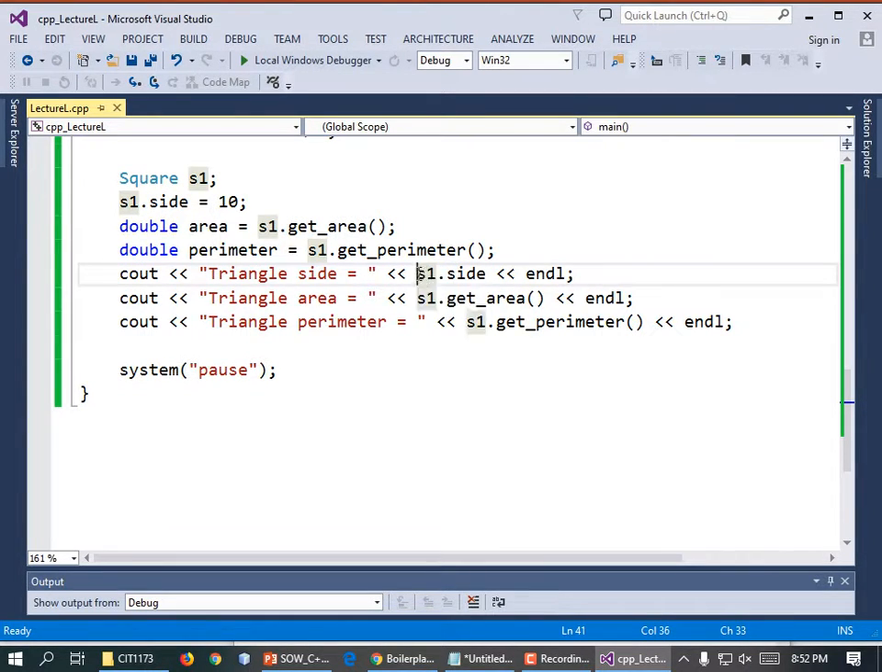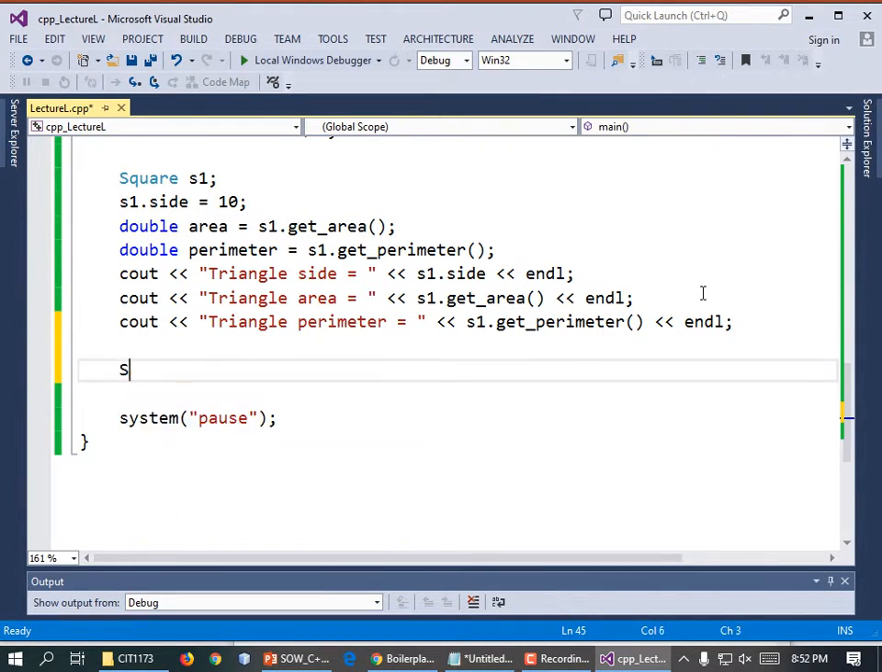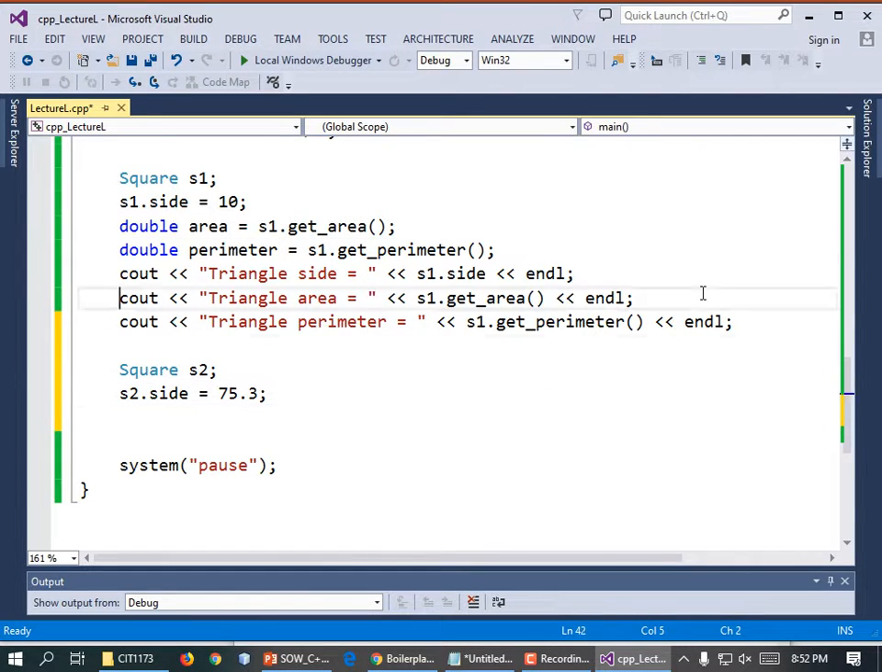The side of this square. We call the getArea method of the square. And then we could make a different square, right? We could do this. Square S2; S2.side = 75.3;